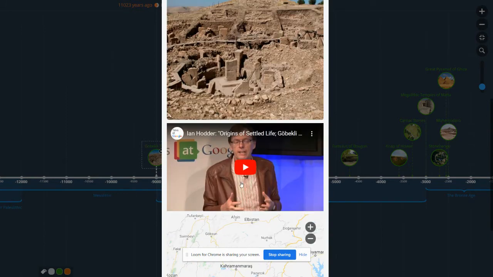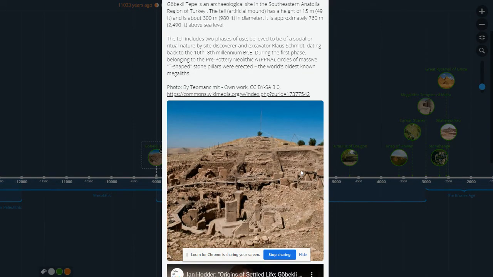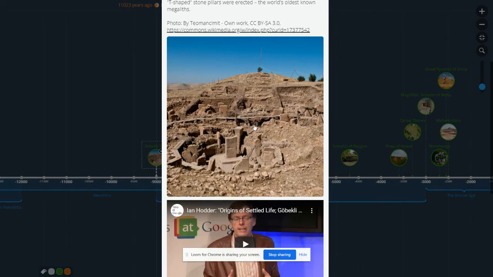And there's a really great video here. I encourage you to take a look at it. I'll just mention a couple of things that I found interesting. One is that there seem to be really elaborate temples. This monolith that you see here is twice as tall as a human, or maybe even more than that. These are huge stones, more than 6,000 years before Stonehenge, in a really precise geometric installation.